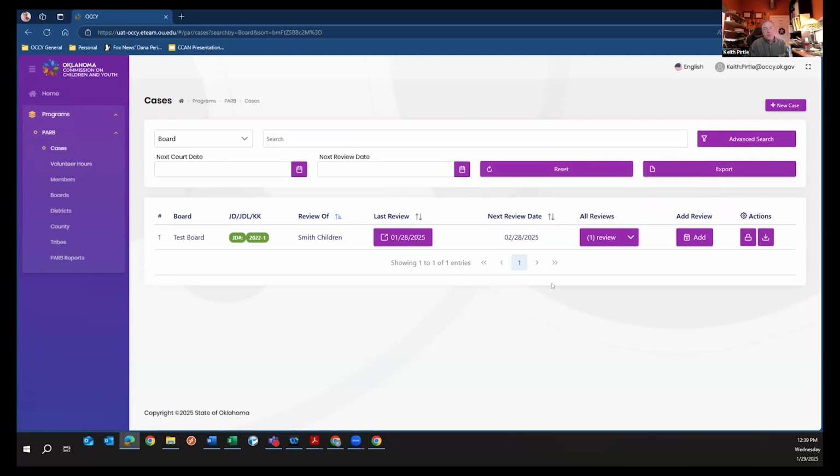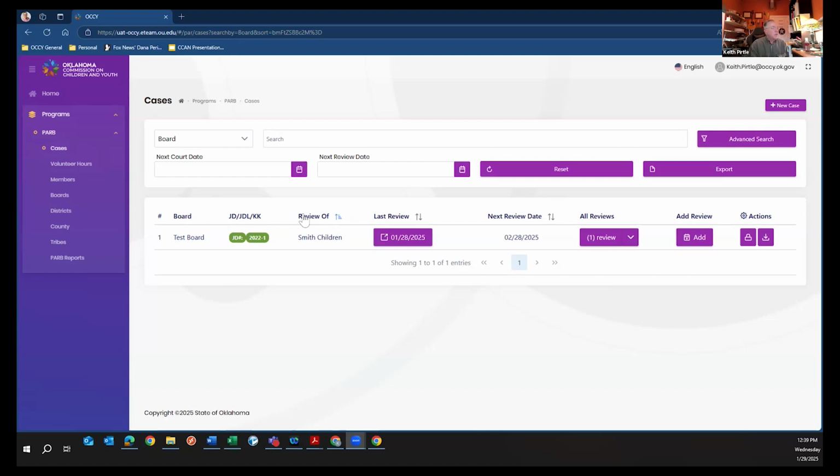But if you had multiple cases listed, and again, I'm recording this, so I don't want to put actual case information up. But just trust me, if you're Pushmataha County and you log in, your permissions are only for Pushmataha County. So you're going to see Pushmataha County cases only. Craig County is going to see only Craig County. So it'll list your cases.